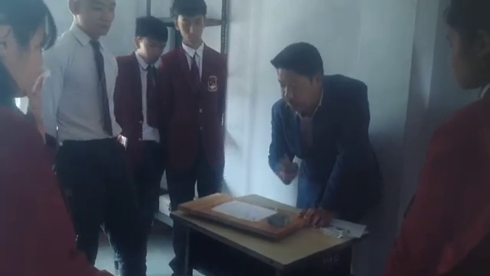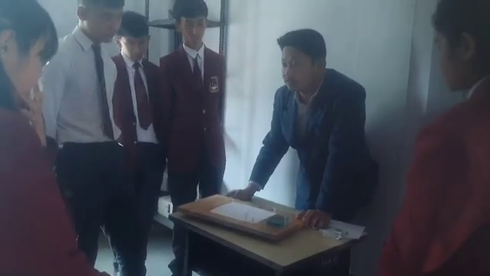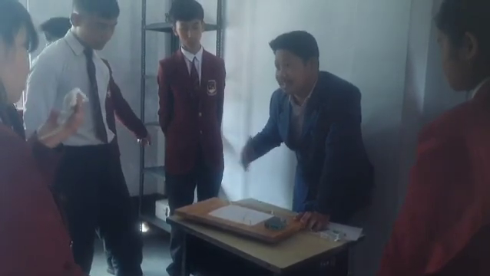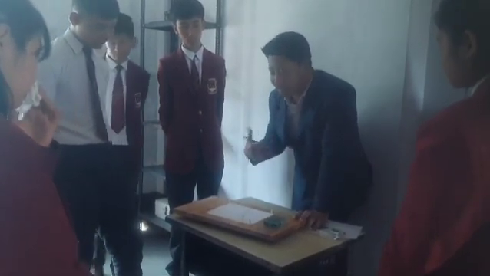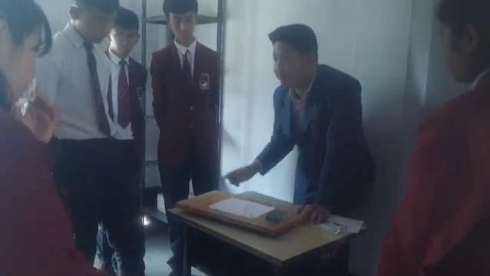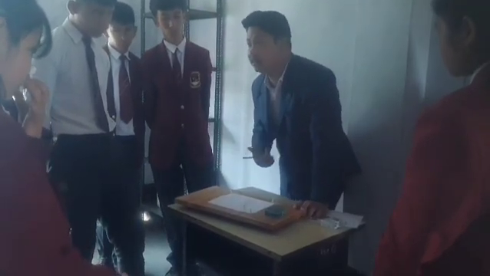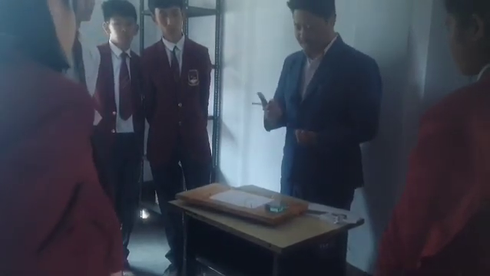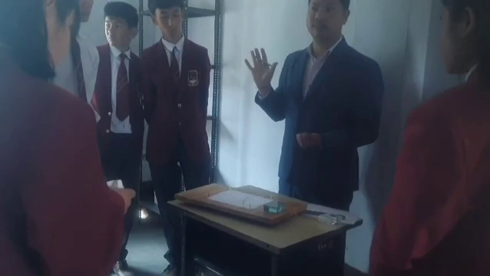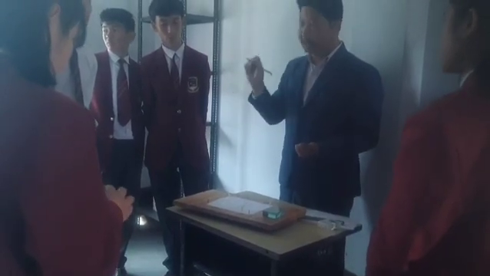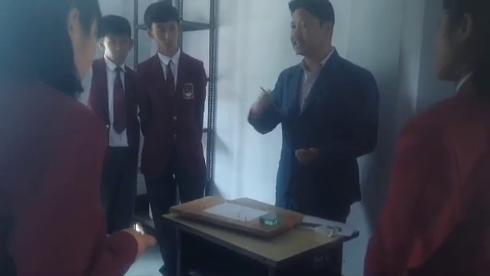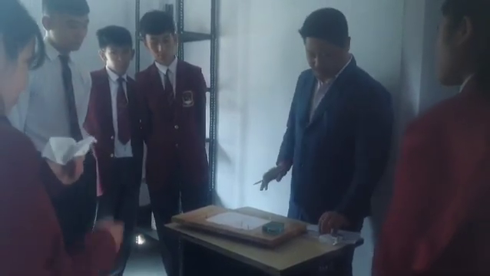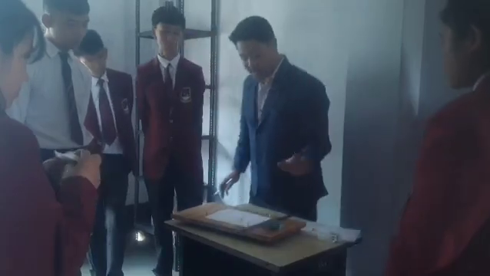But first we have to measure the angle of incidence also. Depending upon the angle of incidence, your lateral shift will change. If you have a larger angle of incidence, you will get a different lateral shift. If you have another angle of incidence, you have another lateral shift. It doesn't mean lateral shift is always fixed. Lateral shift will change with the increase or decrease of the angle of incidence. Is that clear? Now it's your job to draw. Do this.